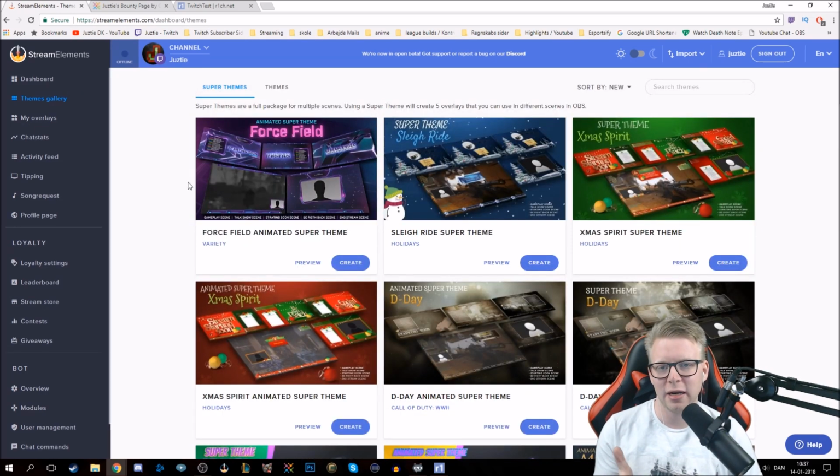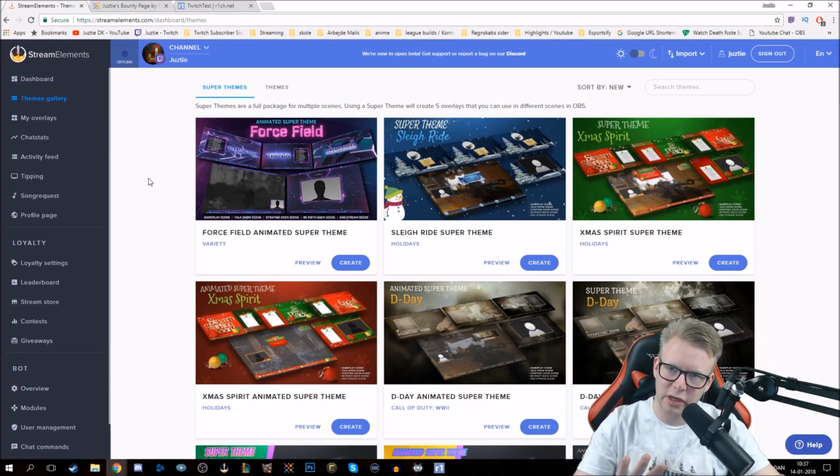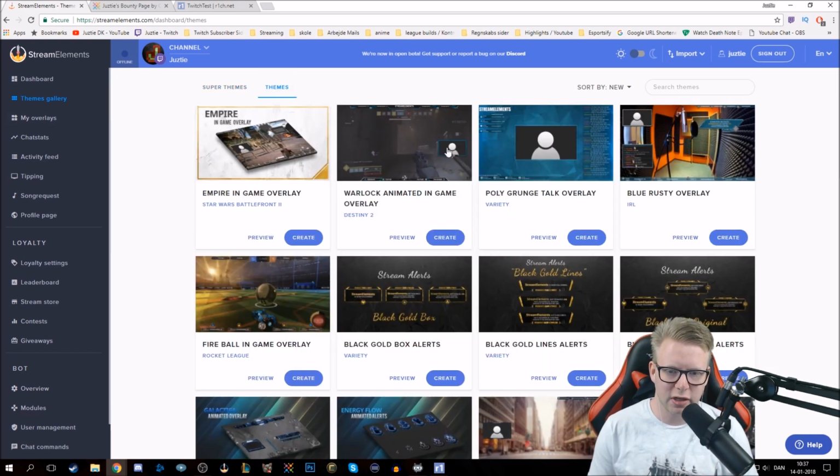These are the animated themes, which, let's say that it's snow. So instead of just a static picture, the snow actually falls on screen. It does take a lot more on your system, but if you've got the power for it, why not go for it? And you've got the normal themes up here as well, which you just click,